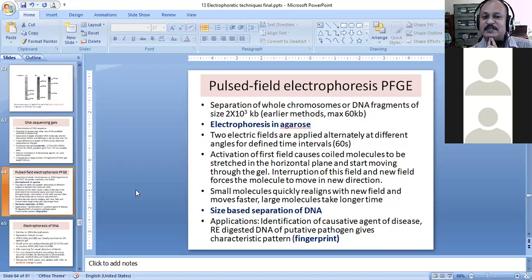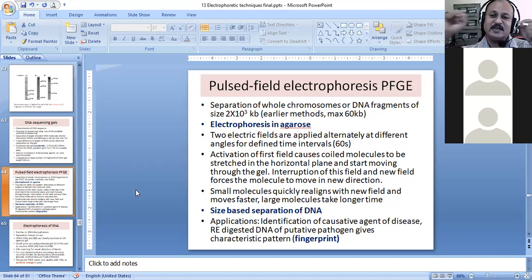What happens if the DNA is large? For example, if we have a whole chromosome, bacterial chromosomal DNA, it's a big molecule, isn't it? The size of the DNA molecule could be, say, 1000 kb. 1000 kb is a very large size, and sometimes it is even more than that. So when such big molecules are there, and if you want to carry out electrophoresis, then the big molecules,